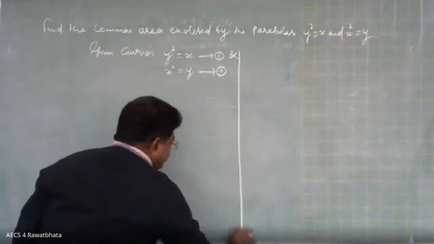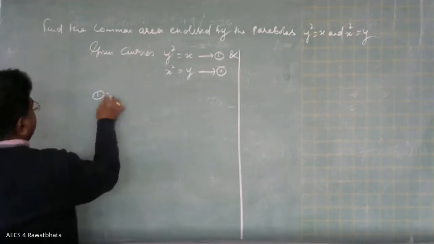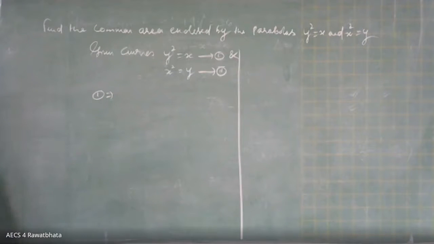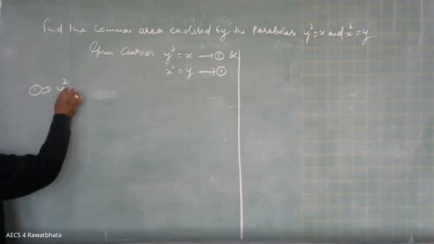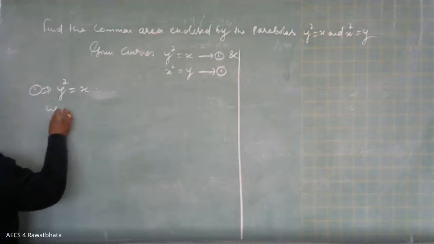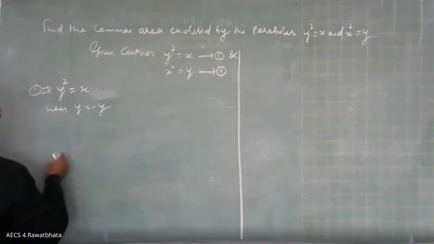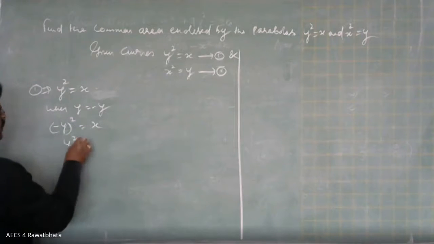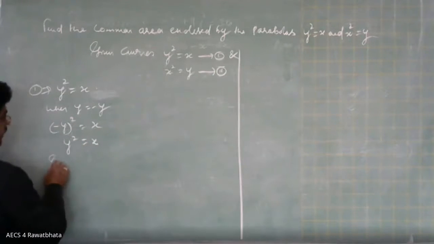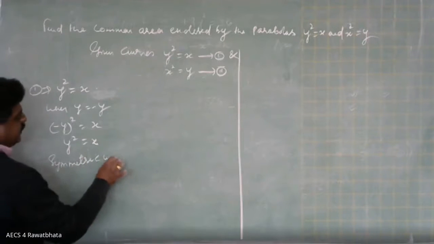First case, let us take the first one. When y is replaced by minus y, the equation becomes minus y the whole squared is x, so y squared is x. Symmetric with respect to